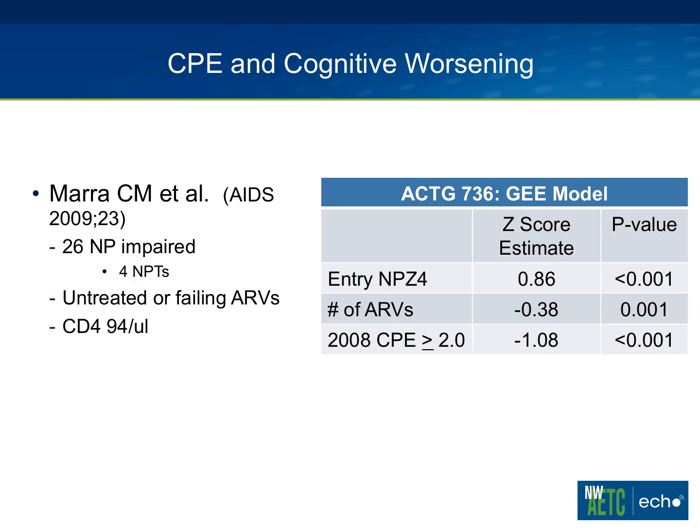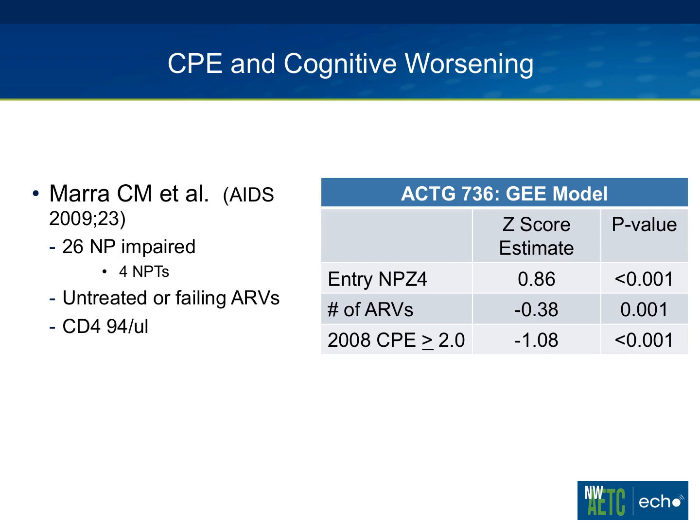But you can contrast that with a study that we did in the AIDS Clinical Trials Group, where we showed that higher CPE conferred cognitive worsening. This was 26 neurocognitively impaired individuals based on a 4-test battery. They also were untreated or failing their antiretrovirals. They had more advanced disease. This is a median and not a mean, but their median CD4 was 94. And we chose them to have very advanced disease. We did a fancy GEE model to look at their performance over time. So we found that higher entry